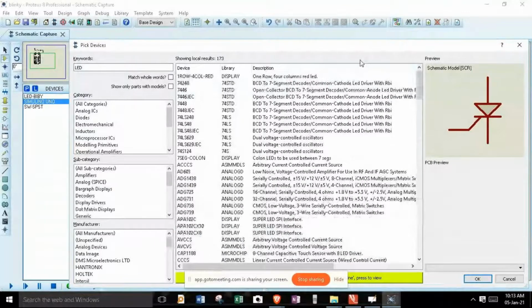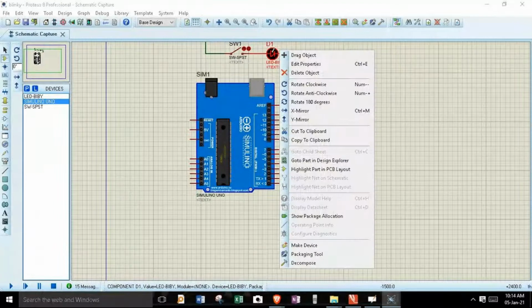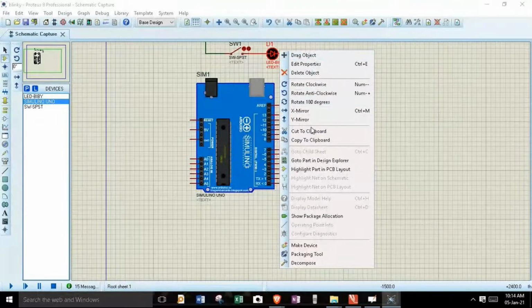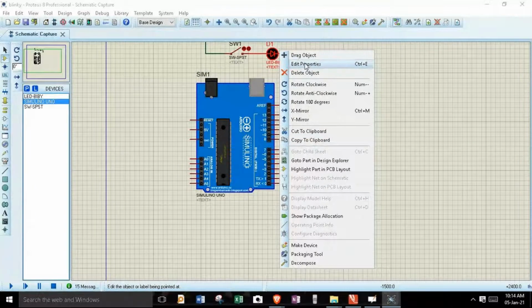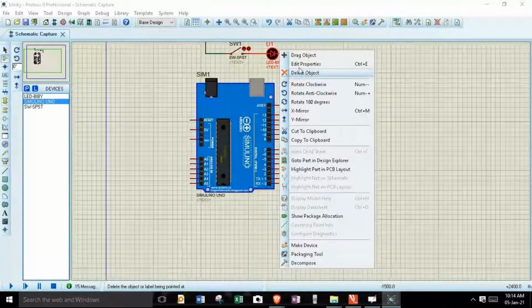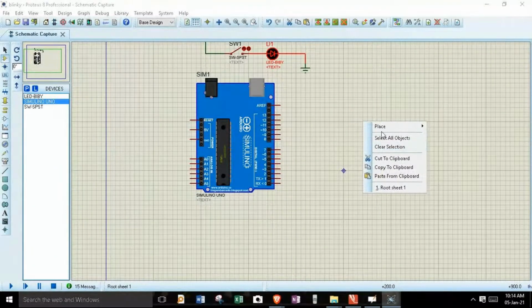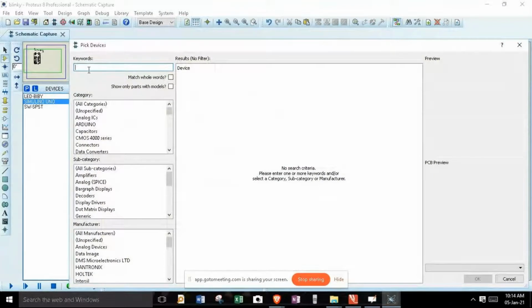So if you are not able to find LED, what other thing I can do is I can just right click on this previous component. I can hit on LED.